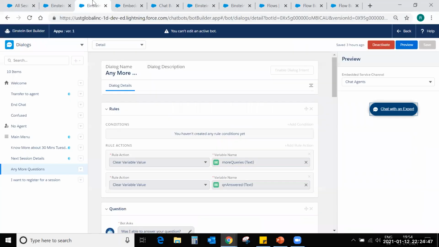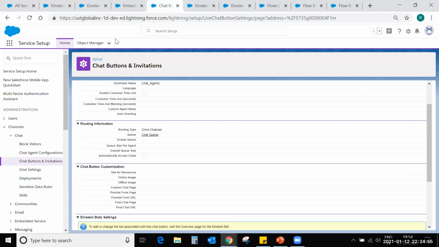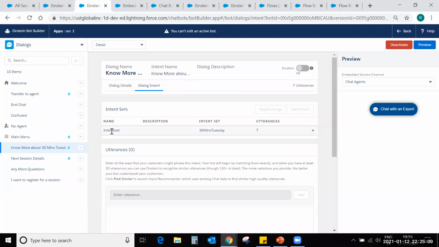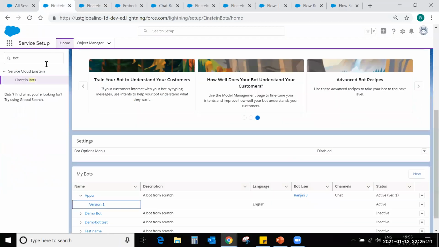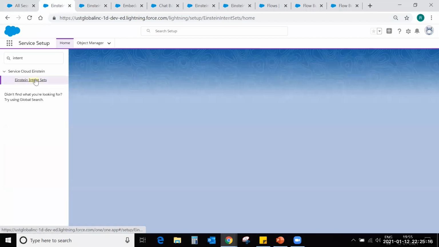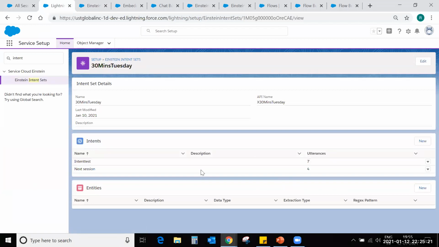And the next one is, we can add intents. In this dialogue, I have created an intent. Intents give customers more flexibility, and the chatbot will have more understanding capability if we enable intents. So I have created a test intent here. Let's check what an intent is.